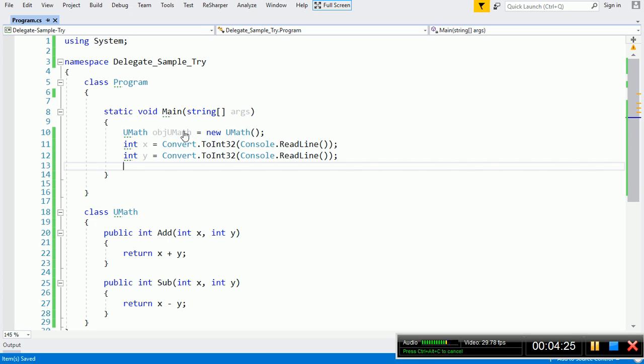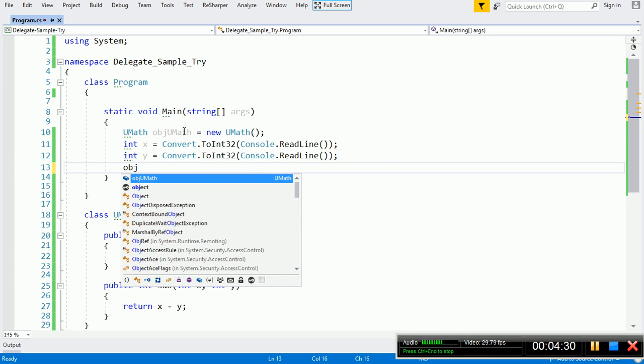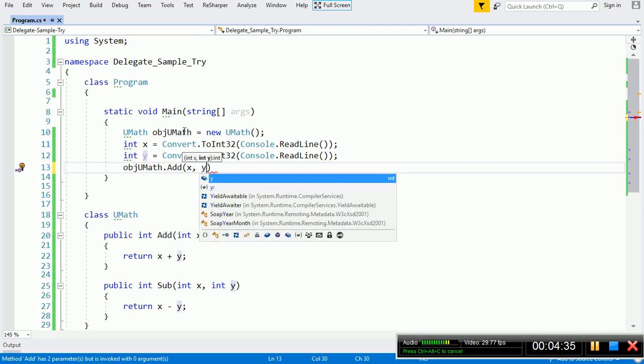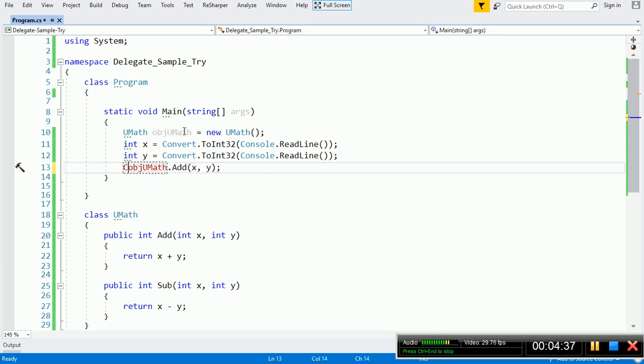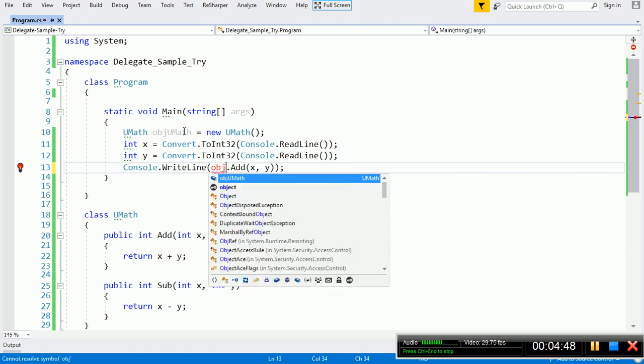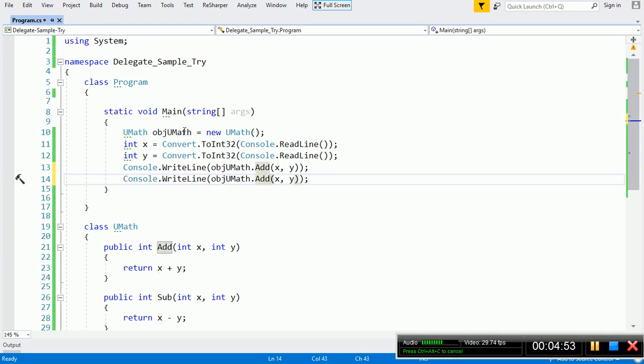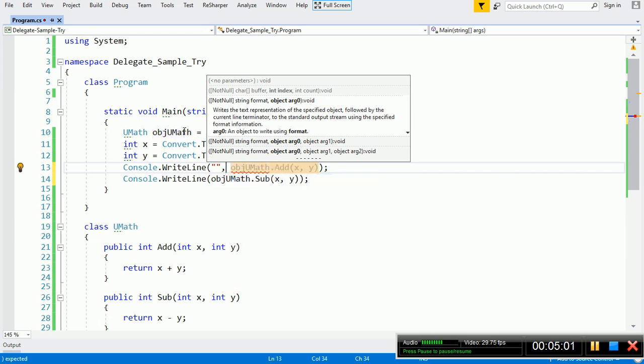Now I want to call the add and sub functions. First we will call them as normal functions through the object name, obj.Add(x, y). We will print this result with Console.WriteLine, and then we will print the subtraction result also, and then we will add some format to it.